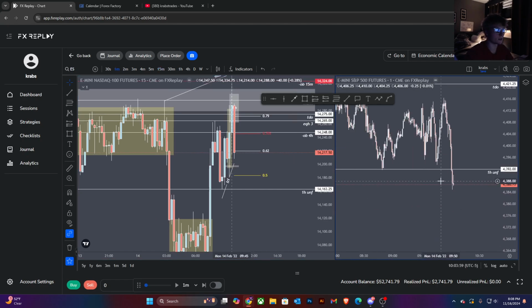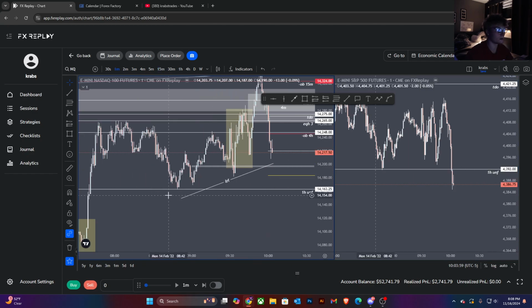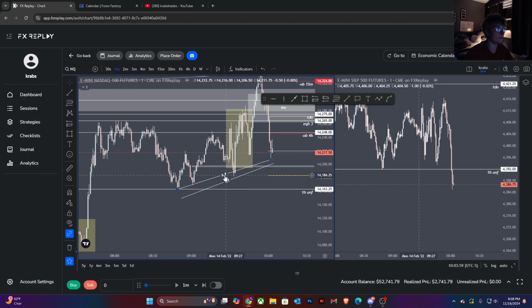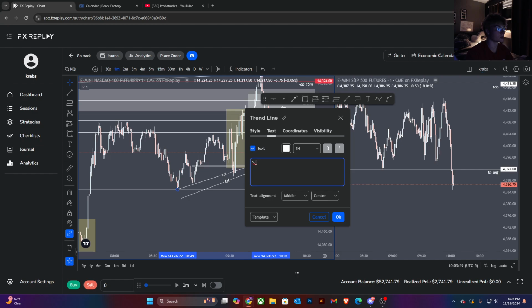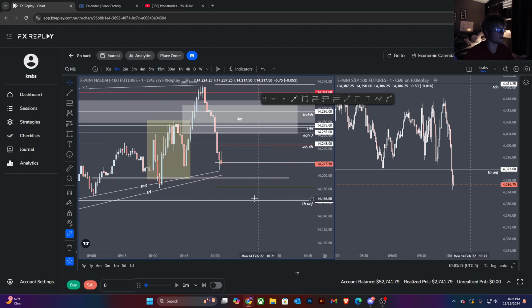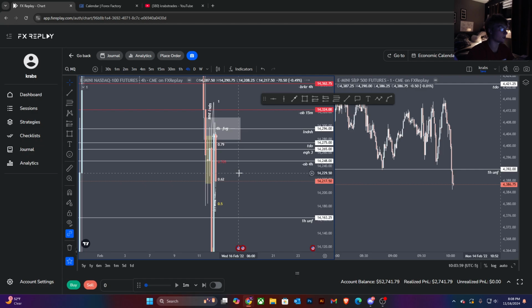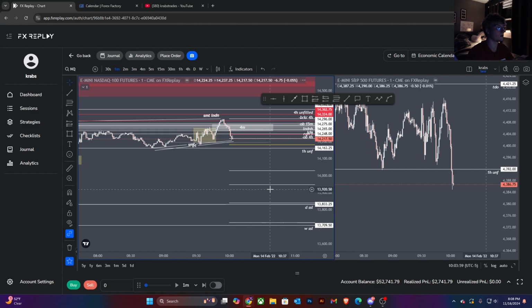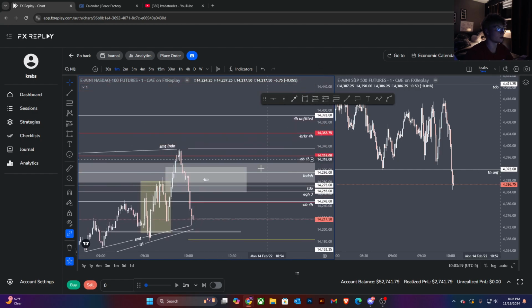ES did tap that hourly unfilled. There is a SMT there, which is sketch, I'm not gonna lie, but I'm still bearish, so I don't really care about it. I think NQ is just lagging right now. But yeah, I honestly don't really care about that SMT. Higher time frame, super bearish towards this daily sell side below. So I still want to be shorting.